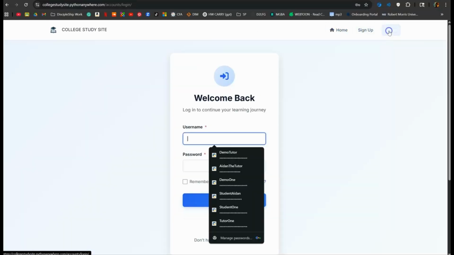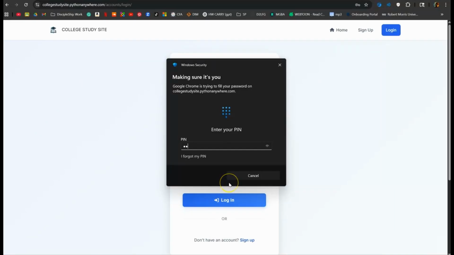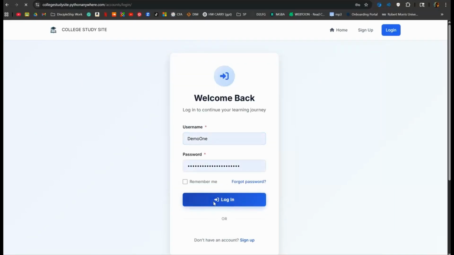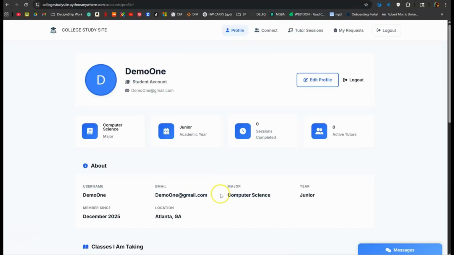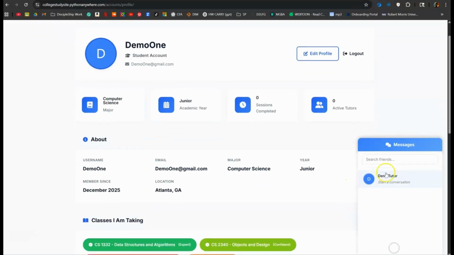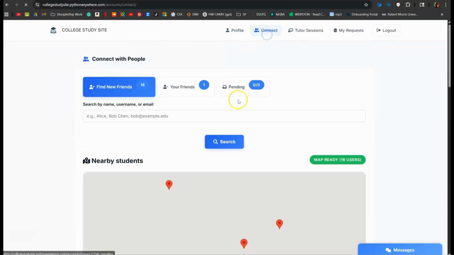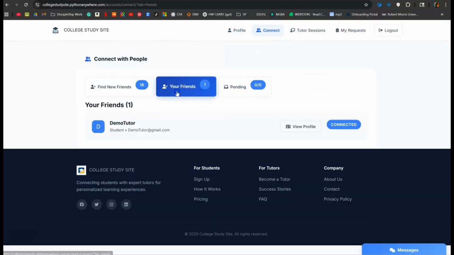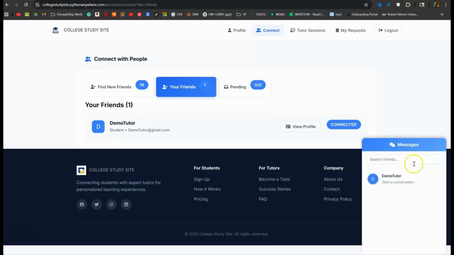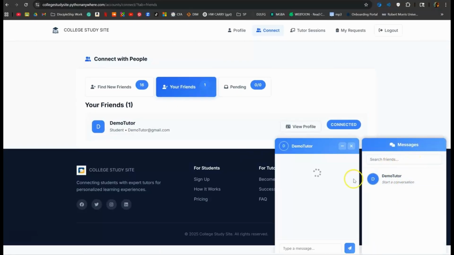And then the last thing that I will show you on our end, or the last thing I'll show in this demo, excuse me, is our messaging. So it's important for tutors and students to be able to message back and forth if there are any conflicts or any questions that they have. So recall that we added our friend earlier. So in this nice little small sidebar right here, we have a message. We have that demo tutor, and let's go ahead and say, hey, this is a demo message,